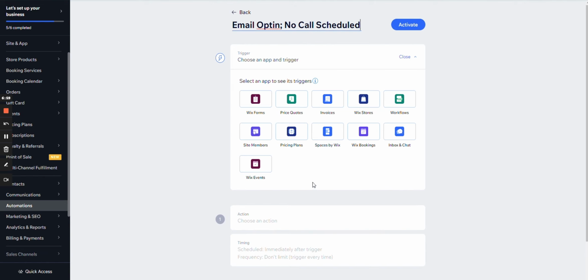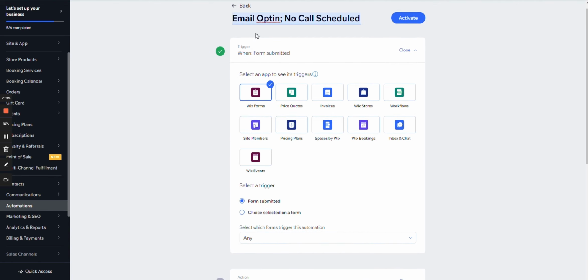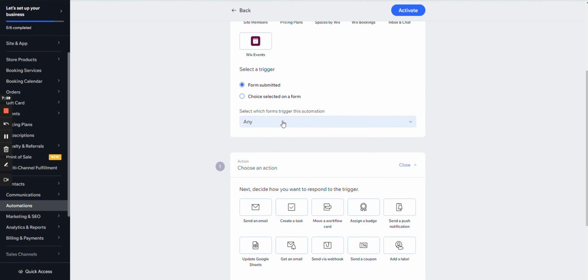So the first thing you want to do is click on a trigger. So what is a trigger? A trigger is, how can I explain this? What triggers the automation? The trigger is the action they took to put them in your workflow. That's the best way to put it. So when they filled out your Wix form or gave you their email through the email opt-in, you're adding them to this. So which form triggers